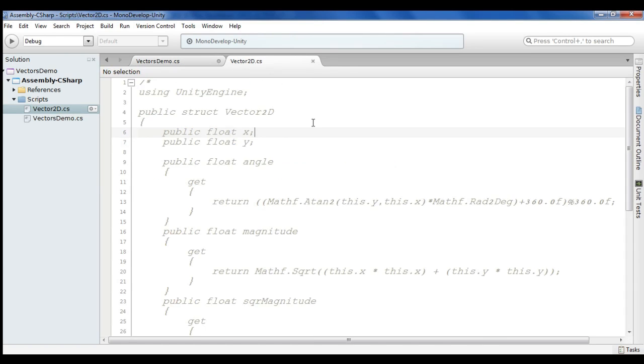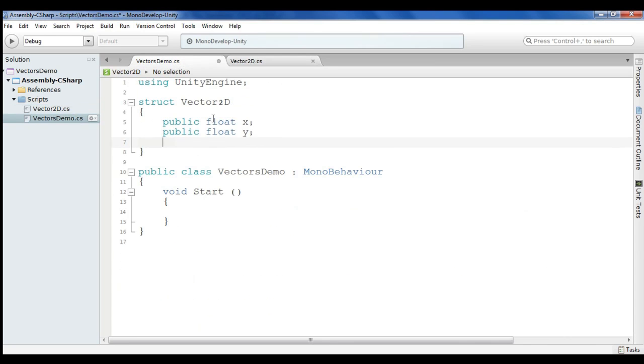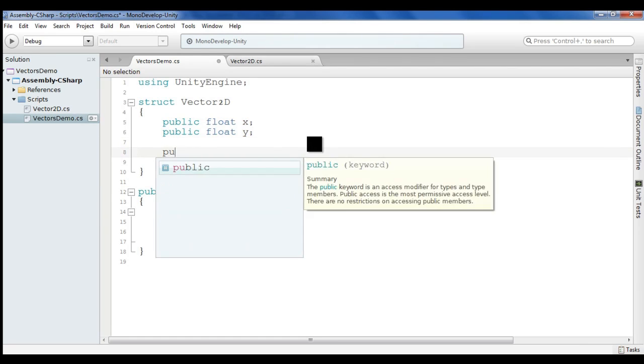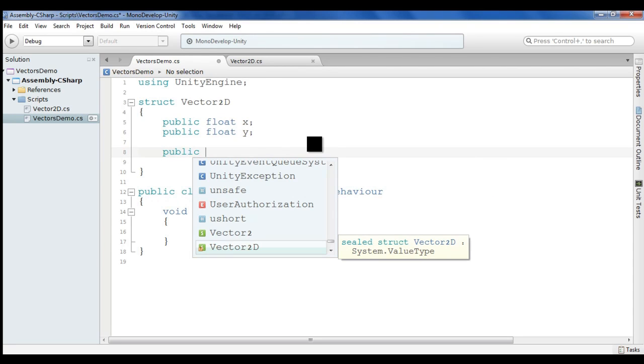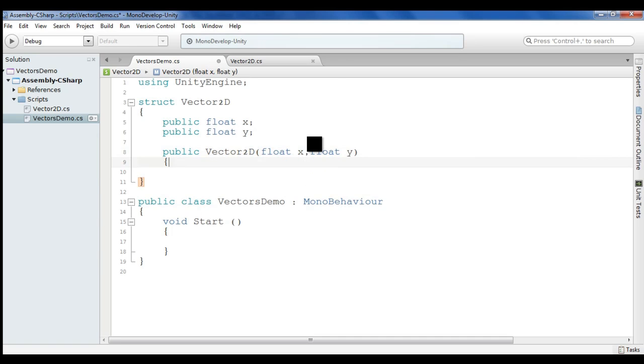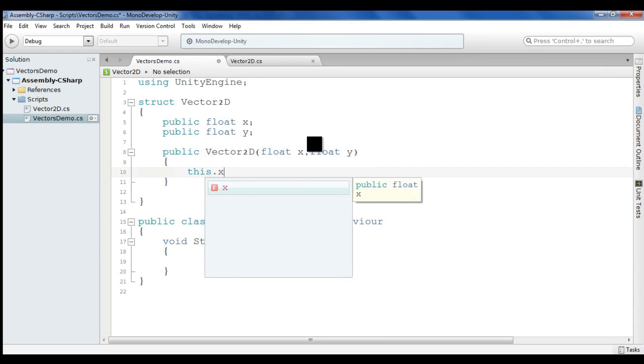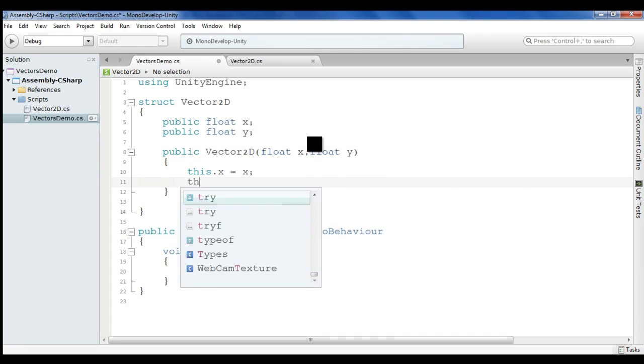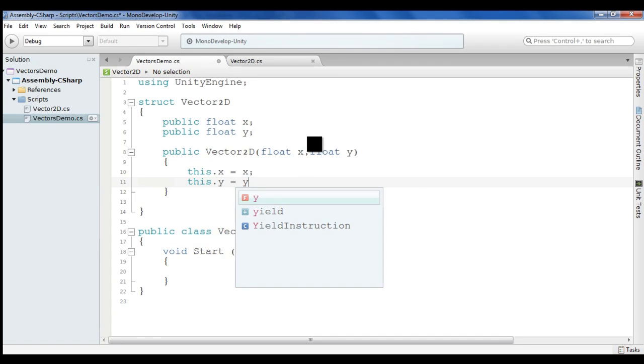Same thing, whatever we had here, public float x, public float y, I have the same thing here. Then I will be making a constructor Vector2D which takes two values, float x and float y, and what it does, it says this.x = x, this.y = y.